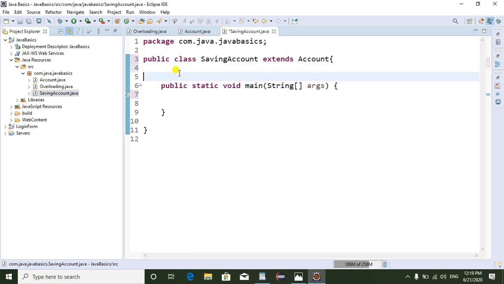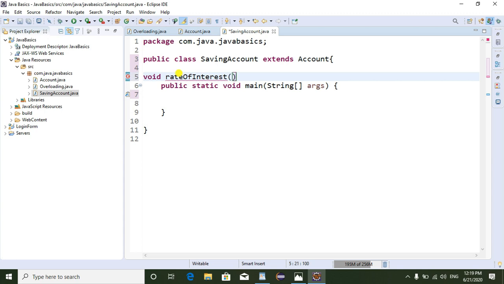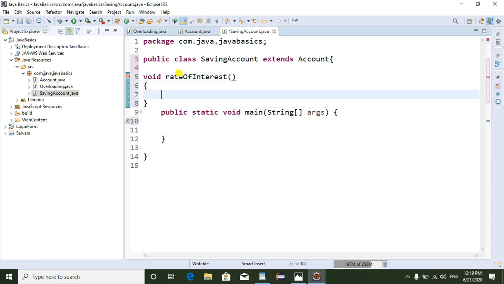So in this child class I am going to override the rate of interest method. I am writing the implementation here. Rate of interest is 20%. So in the parent class the rate of interest is 10%, and in the child class the rate of interest is 20%.